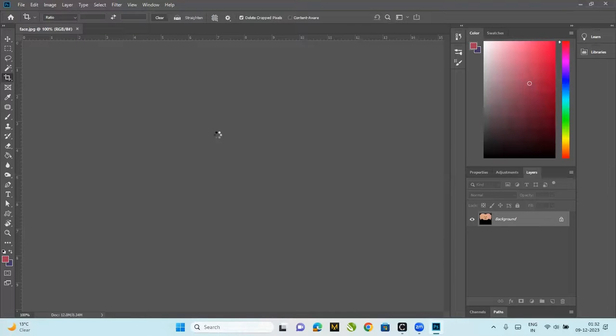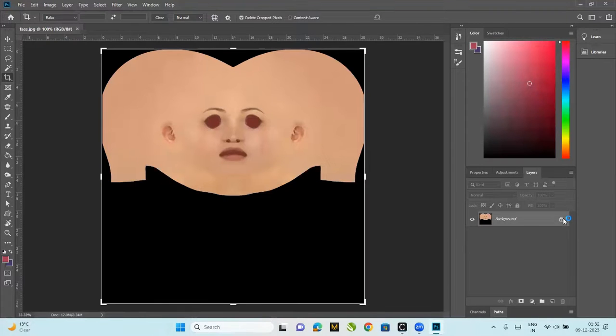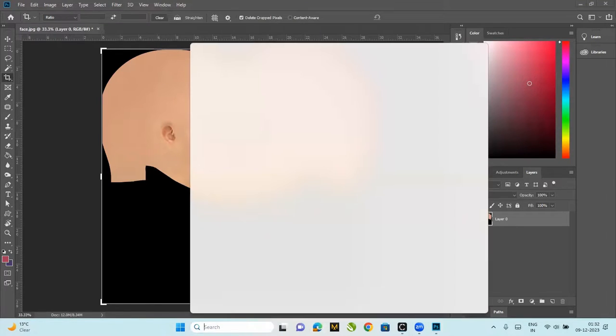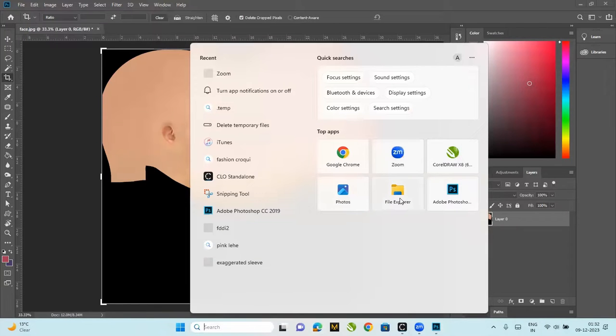So yeah, this is how it looks like. You're first supposed to unlock the layer. The first layer, it's going to unlock it so that you're able to make changes to it. It's taking a bit long. Okay, here it is. So you see the background there, it's locked. Simply click on this lock icon, it would be unlocked and it will be available for you to be able to edit it. The second thing that I'm gonna do is I have downloaded the eyeliner PNG and lip PNG